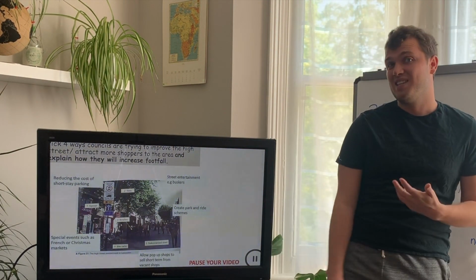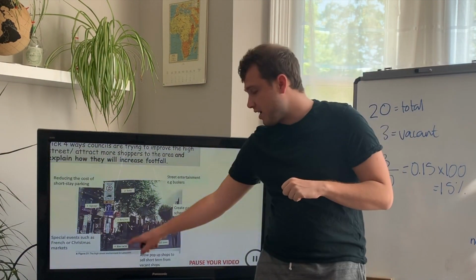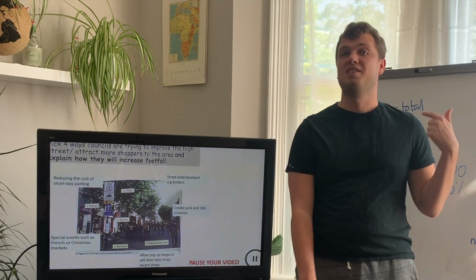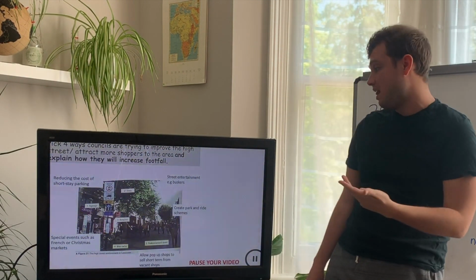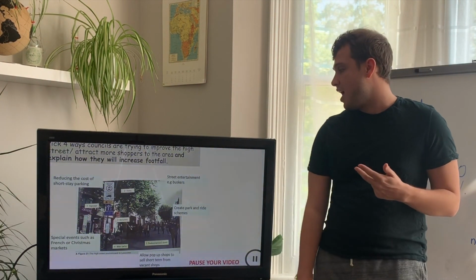So benches make these areas more accessible to vulnerable groups of people. Bike racks mean that people don't have to pay for public transport, means that they're not going to pay for parking, it means that they can cycle, they can get exercise, they can be healthier. Pedestrianised streets make it feel safer for families.